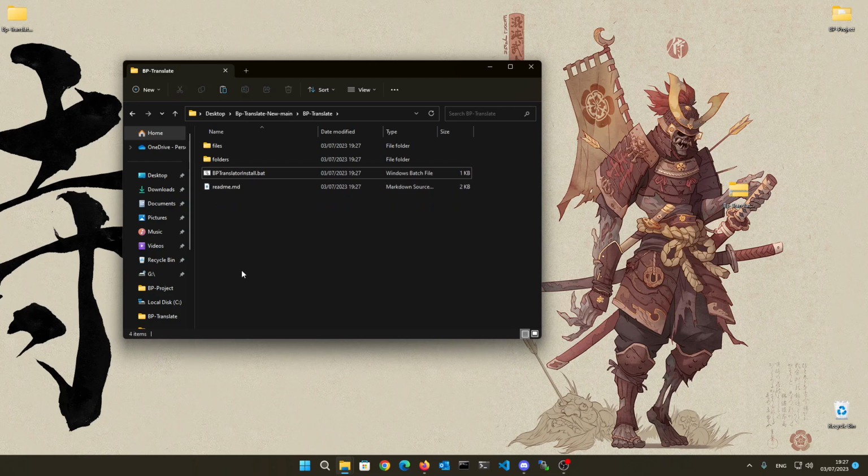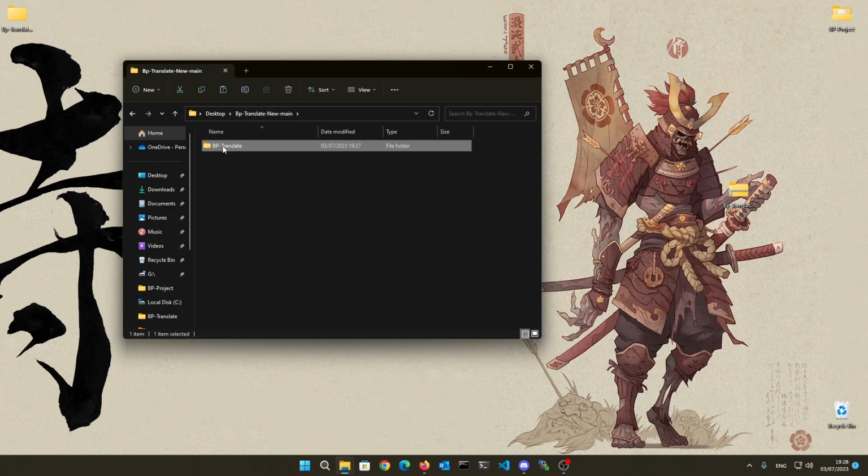If you do want to follow the guide, you can use the readme. I've just deleted the GitHub upload file, so you can get rid of that if you want to do so. Doesn't really matter. So if we go back to the BP Translate,